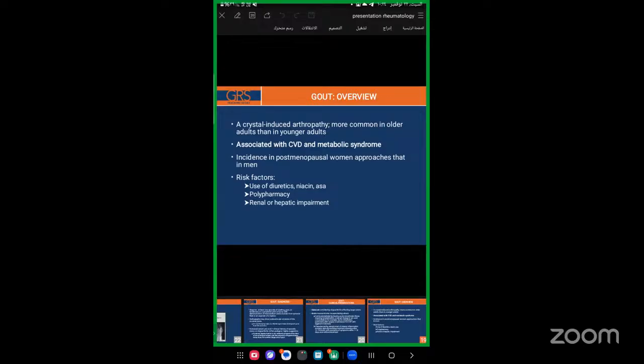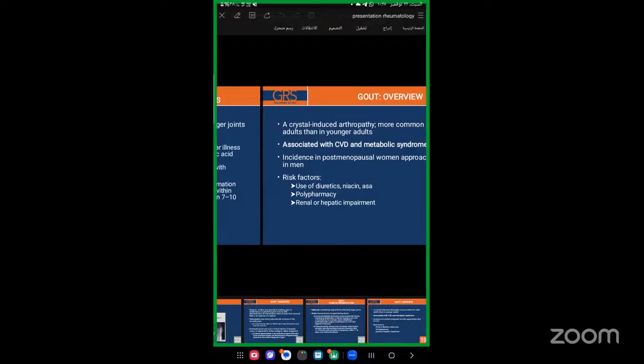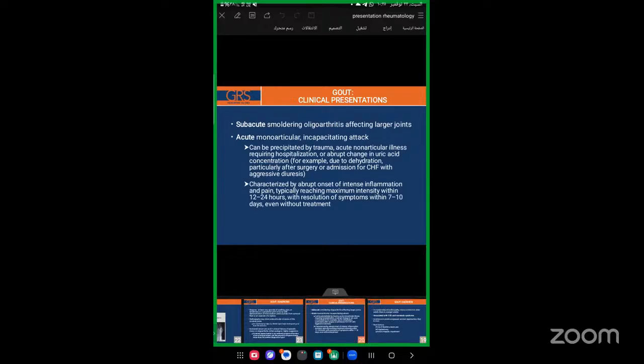Again, I couldn't find any solid evidence of why this is the case, but it is thought that the increase in weight in postmenopausal women might be related. Other risk factors are use of diuretics, niacin, polypharmacy, and renal or hepatic impairment. So the clinical presentation of gout could be either subacute or acute. In the subacute manner, it is a smoldering oligoarthritis affecting the larger joints, whereas in the acute presentation,